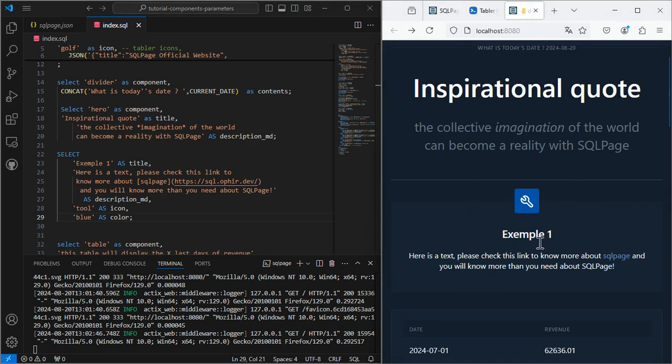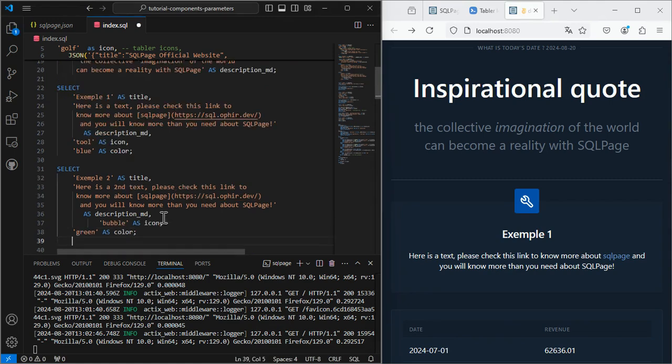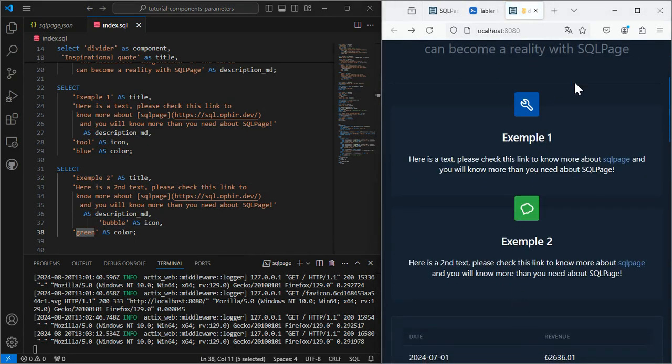That is a row-level parameter of the component hero. We can add, obviously, another row-level parameter, for example 2, right here, with another text, another icon, and another color. Choose here.